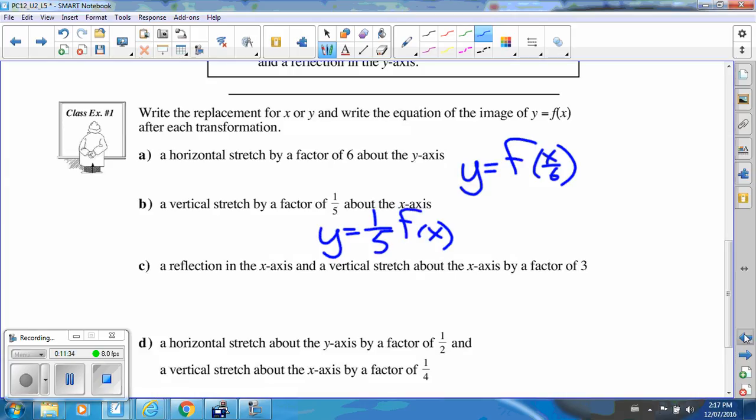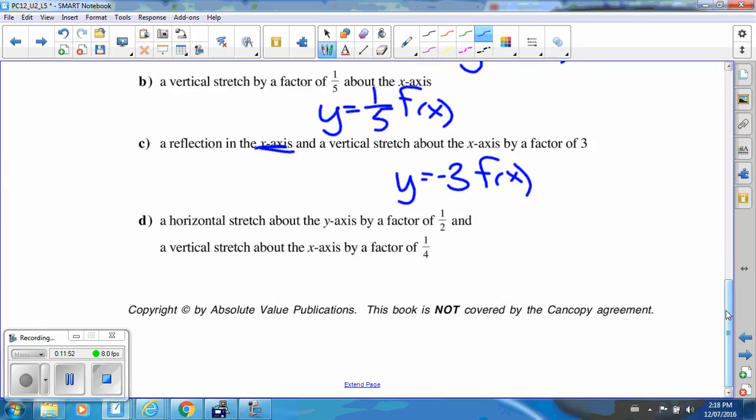A reflection in the x-axis and a vertical stretch, both by 3. So if I'm going to stretch vertically and reflect vertically, it's going to be y equals -3 f at x. Horizontal stretch by a factor of 1/2. That's going to be the b value of 2. So it's going to be f at 2x, and vertical stretch